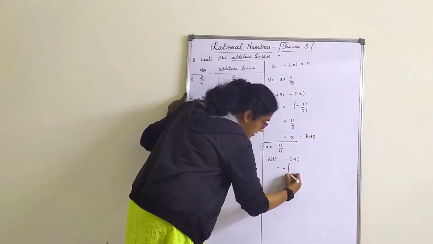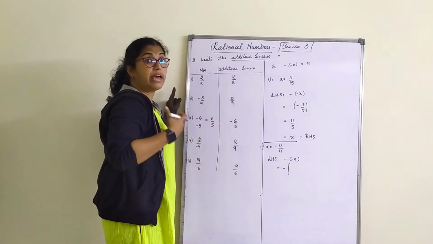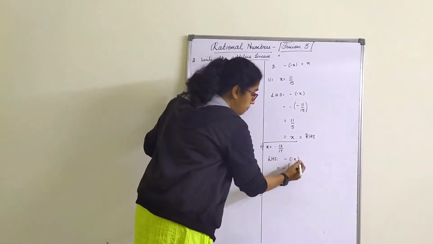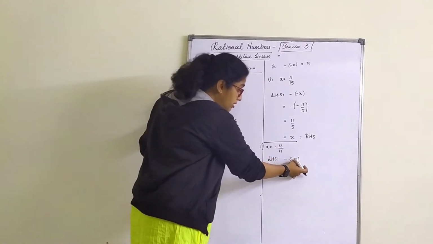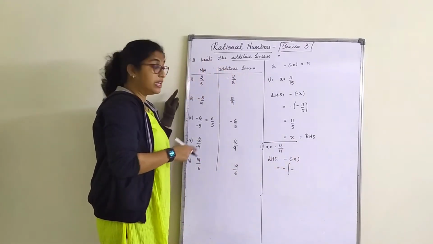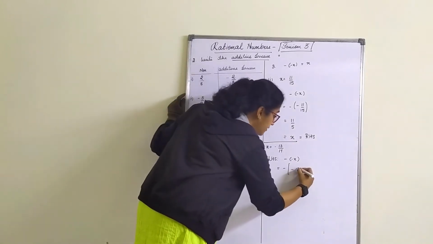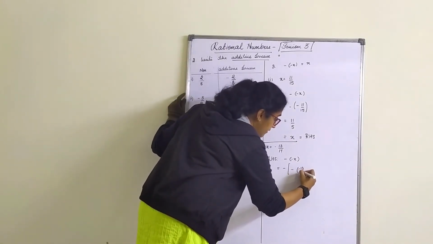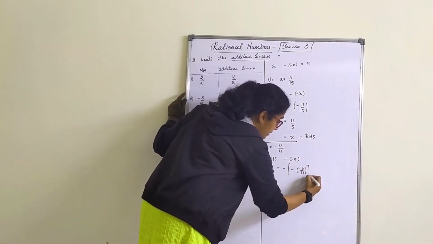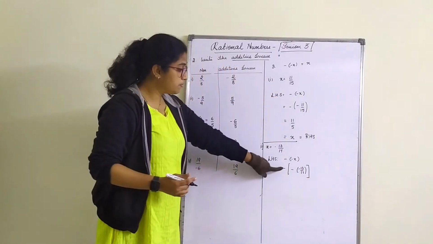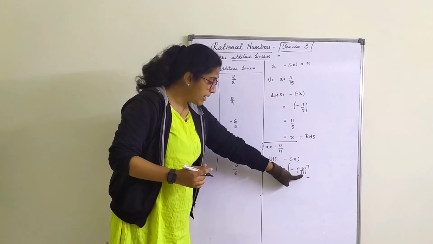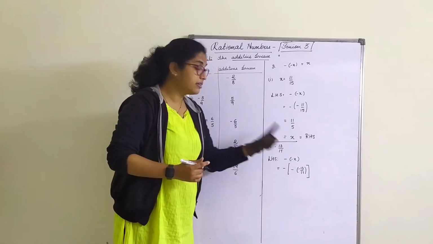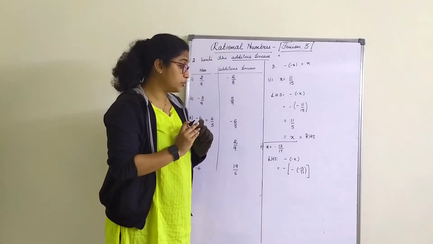Minus as it is, use a bigger bracket because we have one more negative sign. Minus in the question also as it is. Okay. Now the x value. What is the x value? Minus 13 by 17. Close the bracket. See here. This minus is of the question. This minus is of the question. This minus 13 by 17 is the x value that I have substituted.